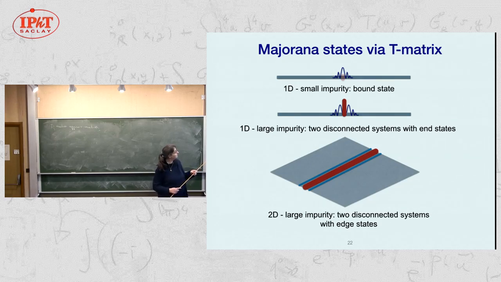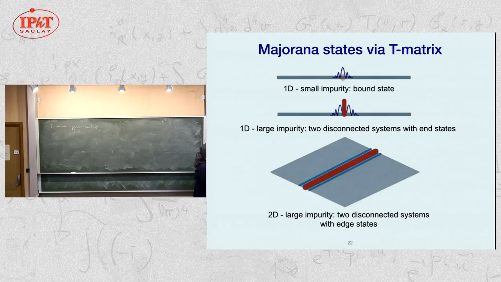and what do we do? I told you if I have an infinite system and I cut it in the middle, if my system is topological, I'm going to have two bound states, two Majorana states, which are going to form on the right and on the left of the cut. Most of the time we don't think about it like that. We just say, oh, well, I have a finite system, at the end I'm going to have Majoranas. But I'm thinking about it in a different way. I'm saying I have an infinite system and add a cut in the middle,